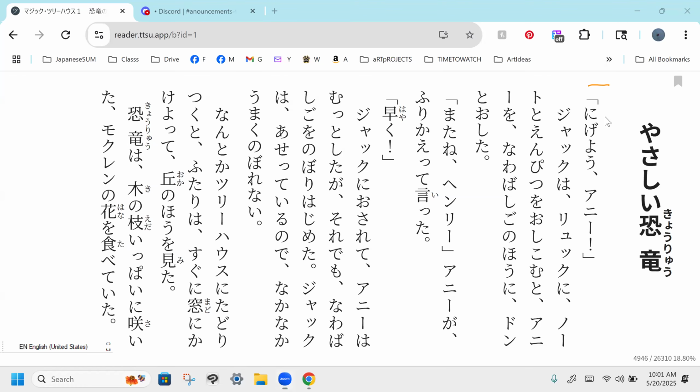Annie, and Zapik, the first sentence will be for you. ジャックはユキに、ノートと鉛筆を押し込むと兄を縄ばしごの方にドンと押した。So,